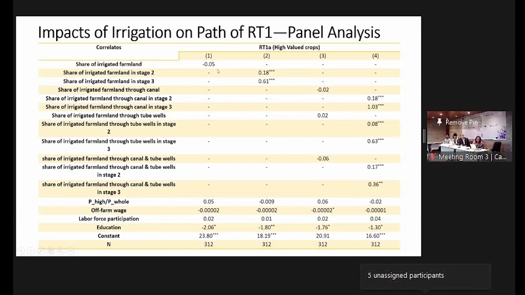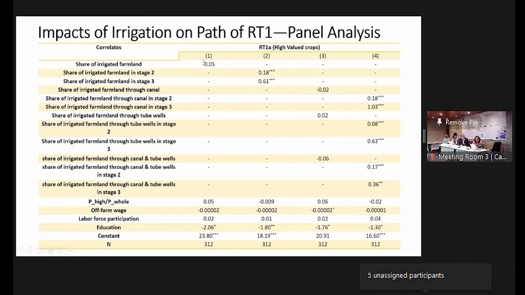When stages are not considered, we don't see a significant relationship of irrigation on the share of high-valued crops, because here all the districts are included, and from the figure we came to know that there are a lot of districts in stage 1, and stage 1 is the base category. But once we consider those districts